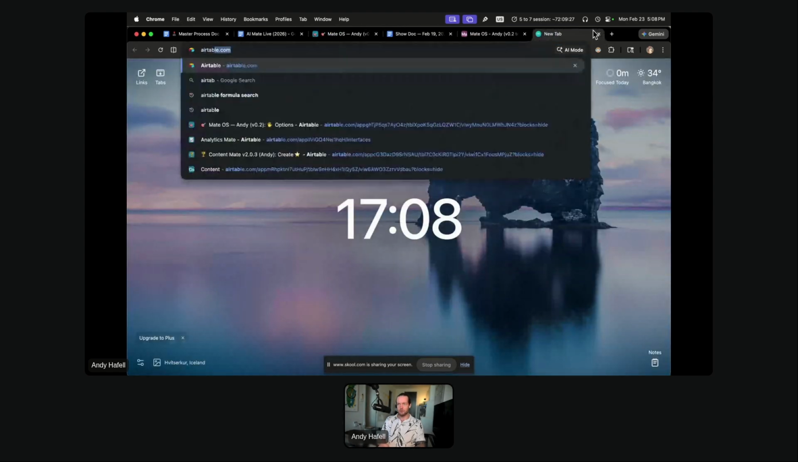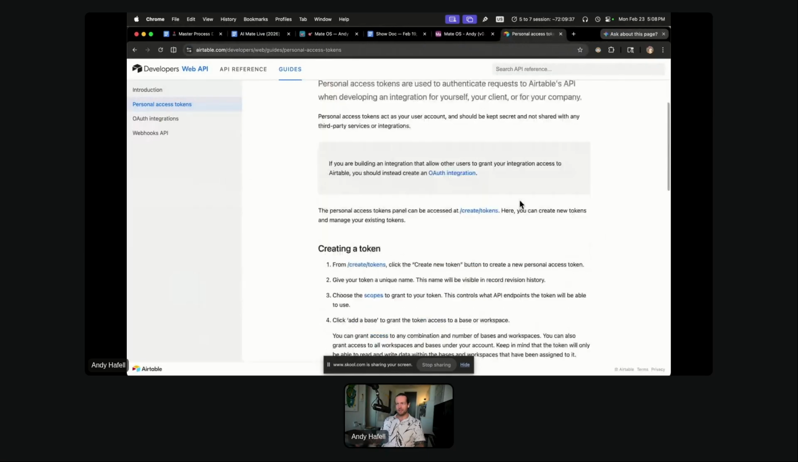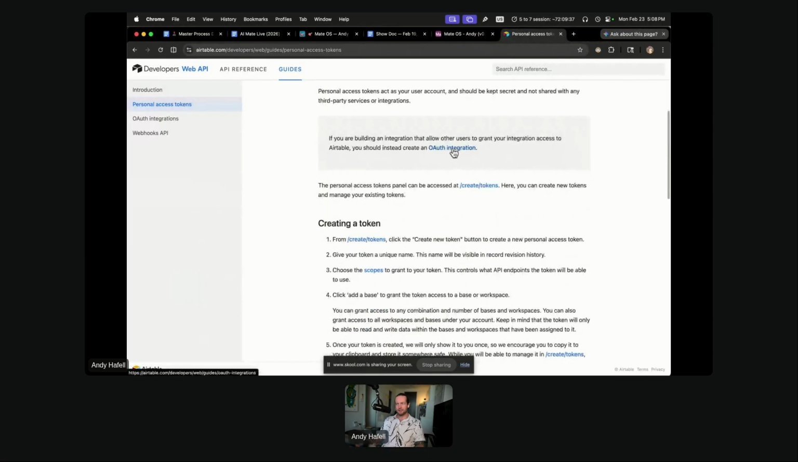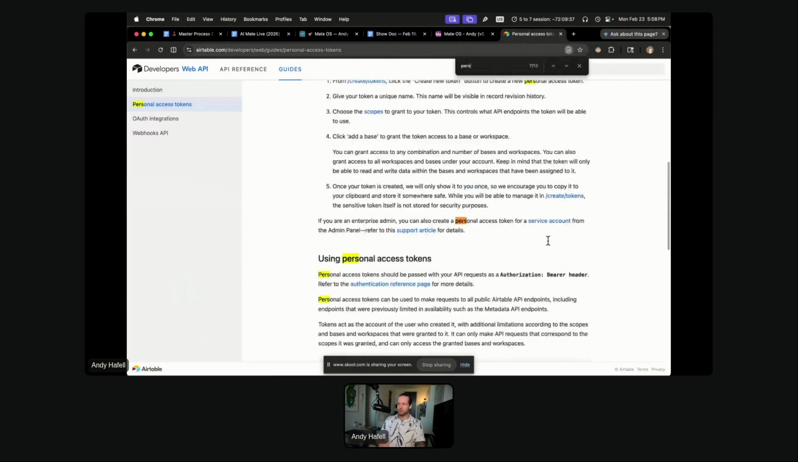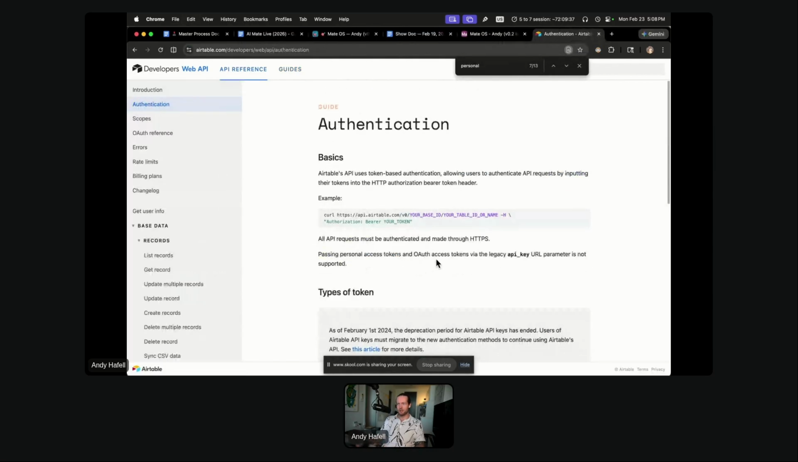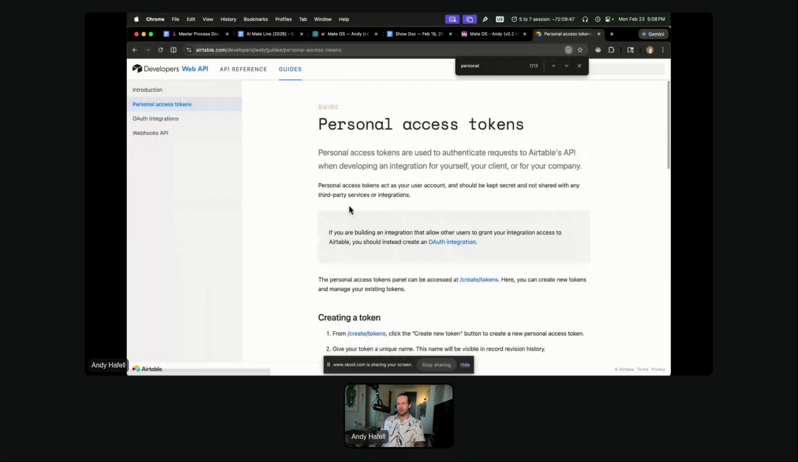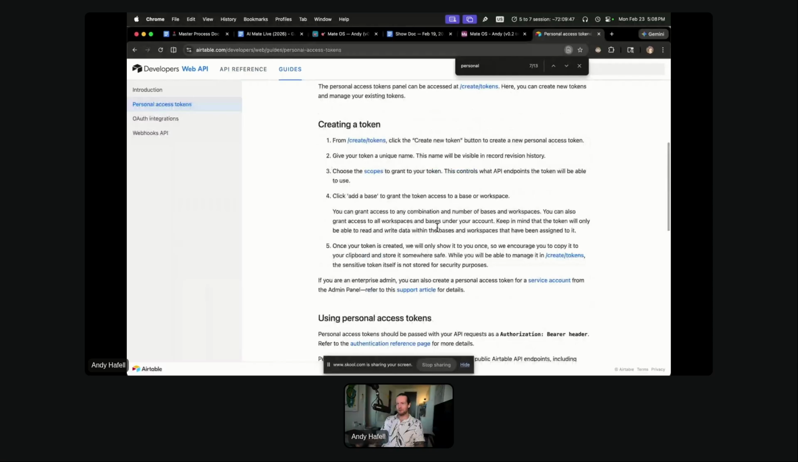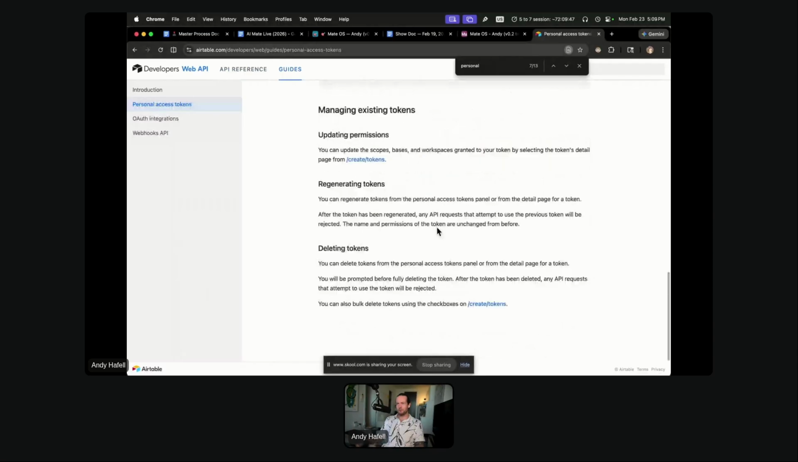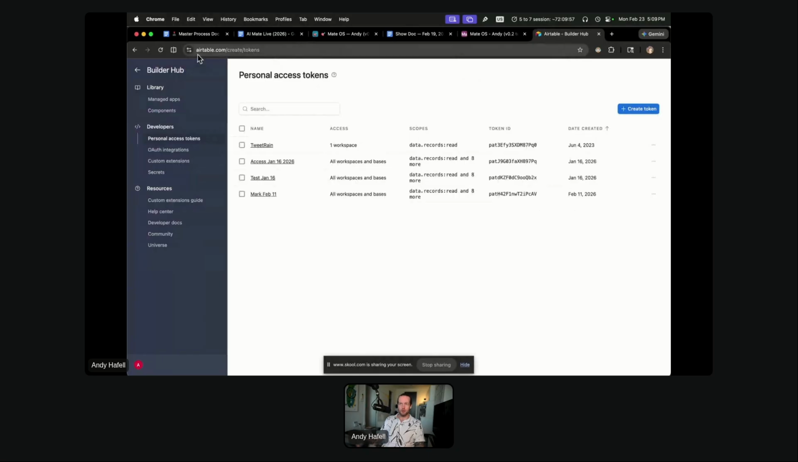Airtable personal access token. You probably just click on this one, and then there is a personal. So here you need to go to the authentication. Here you go to the personal access token. There's a link here. Come on, give me the good one. Maybe it's here then. Personal, yeah. So here, go to